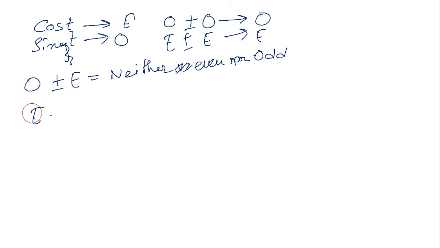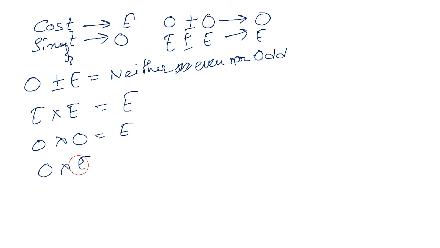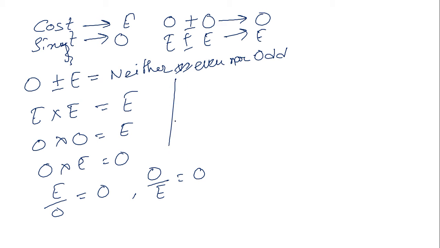If even is multiplied with even, the combination is even. If odd is multiplied with odd, the combination is even. If odd is multiplied with even, the combination is odd. If even is divided by odd, the combination is odd. If odd is divided by even, the combination is odd. If we differentiate,